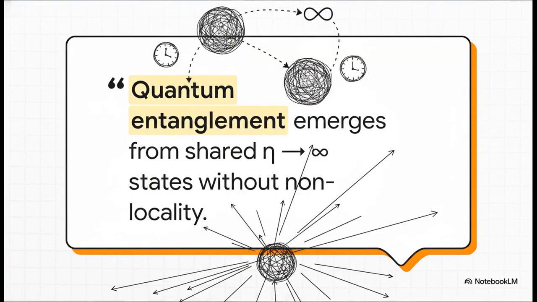itself. Furthermore, this neatly explains away Einstein's famous spooky action at a distance. In this new theory, quantum entanglement emerges simply because 2 particles share an infinite rapidity state. At infinite rapidity, which is essentially the speed of light within the substrate, internal time completely stops passing for that shared state. Because time isn't passing for the entangled system, any correlations between the particles appear totally instantaneous to us on the outside. But absolutely no superluminal, faster-than-light signaling is actually happening. It's just an incredibly elegant geometric illusion.